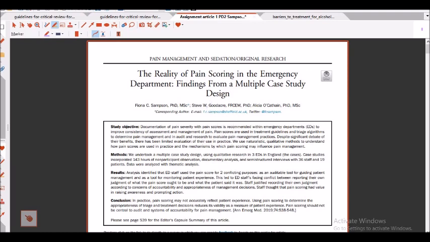Now for example, this is the paper. I have taken it from pain management and sedation. I'm writing a paper on pain management with some individuals, together. So this is one paper that came across to me as a qualitative paper. So I thought, okay, let me share that one, because I spent a lot of time on this and